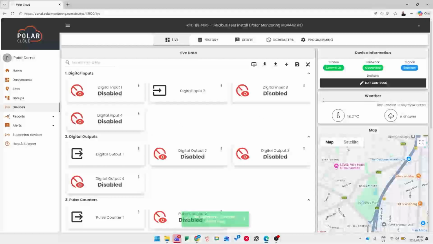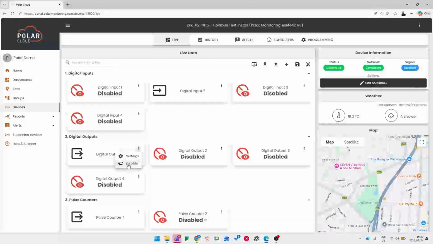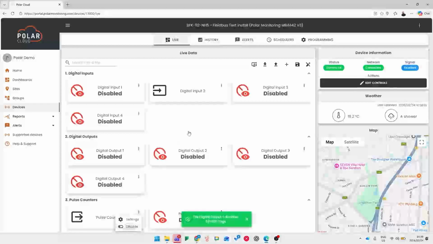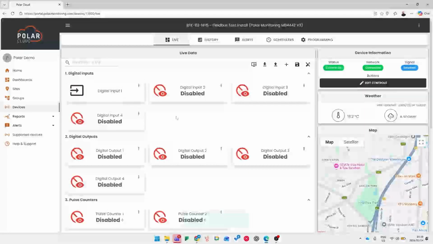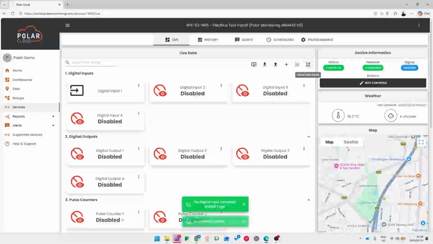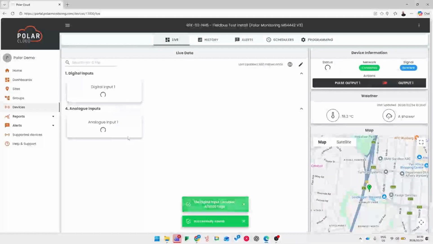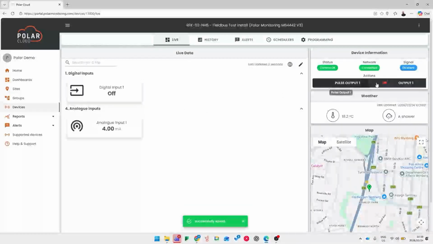So what I can do is go and actually manipulate all of these and say I don't want these tags on the system, and I only really want to read digital input 1 for interest sake. I'll then enable that. I can click save changes, close this menu, and you'll see now that we only have 2 plus the 2